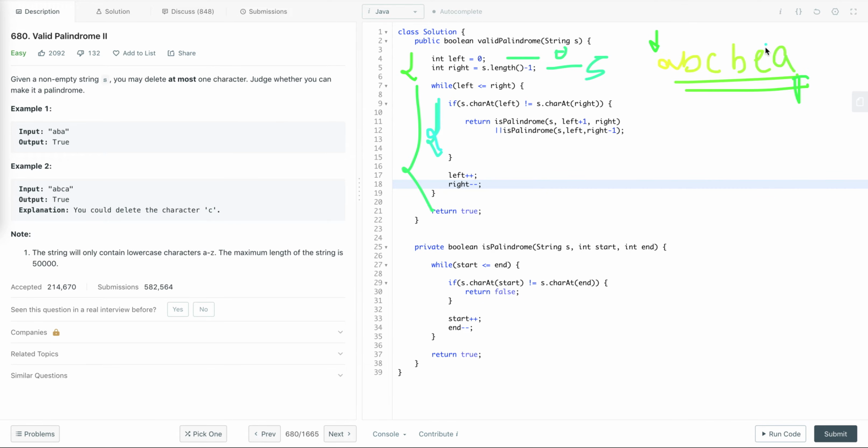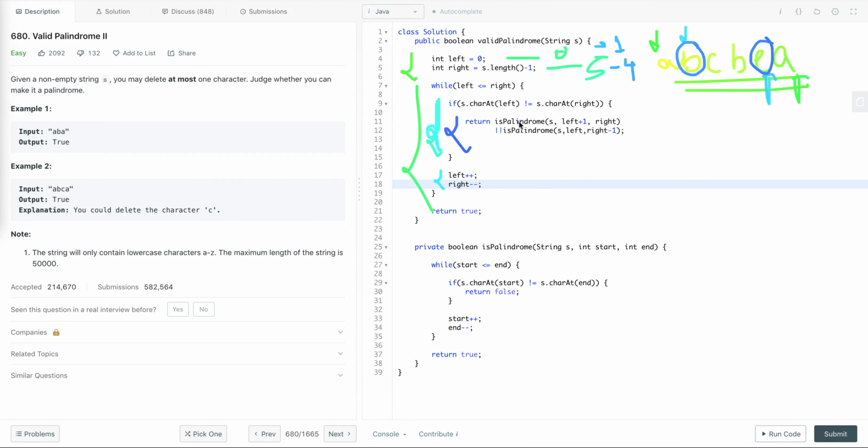Now A is equal to A, so this condition will not execute, and this line of code will execute where we increment the value of the left pointer and decrement the value of the right pointer. So the value of left will be 1 and the value of right will be 4. In the next iteration the value is B and this value is E, which is not equal.